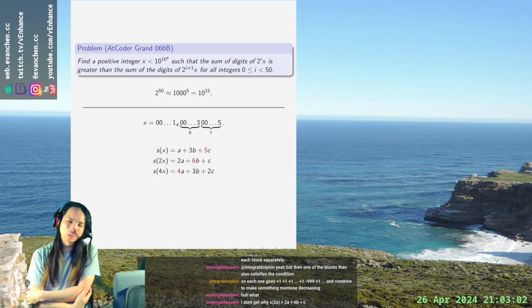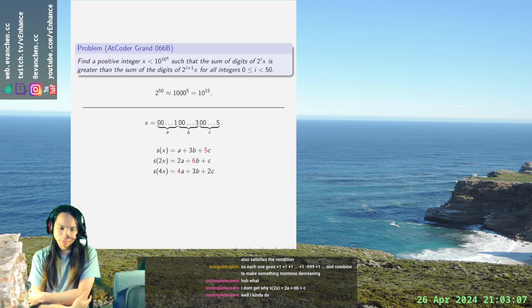But I think there should be an idea, because I feel like the digit length given is so long that I do like the idea of having some blocks like this, but I don't know how to pick the blocks right now. I want to pick the blocks such that,